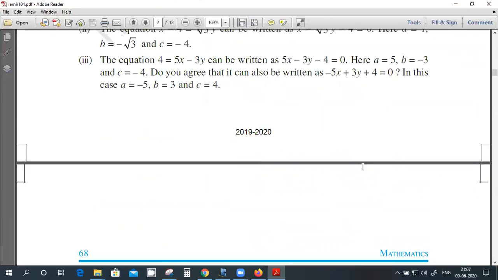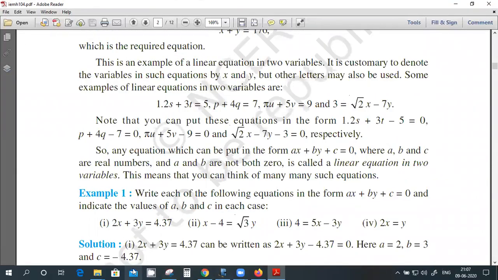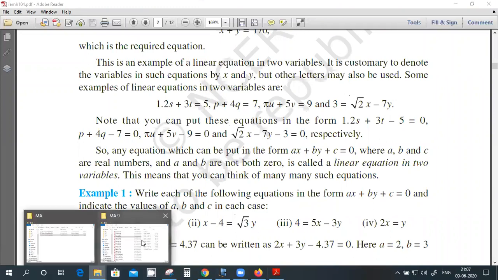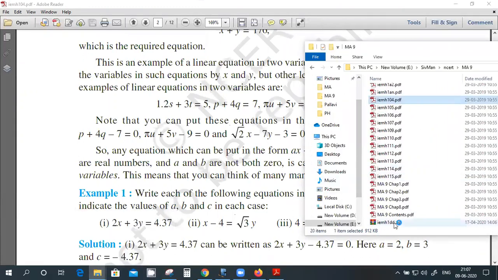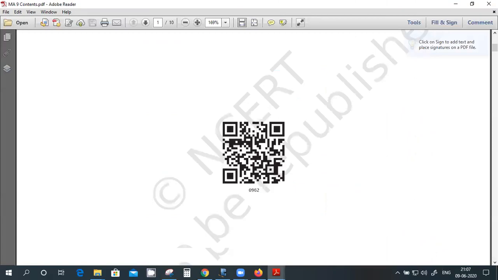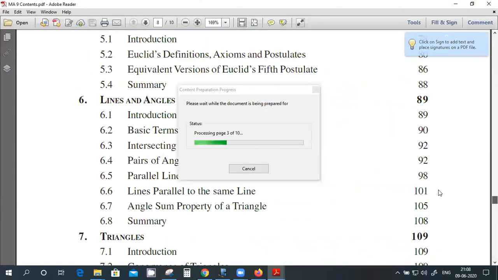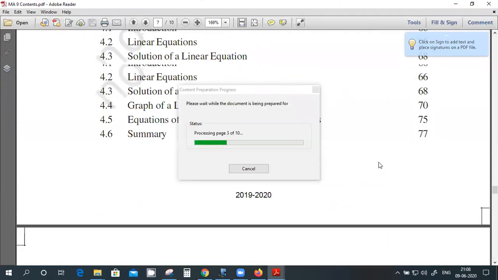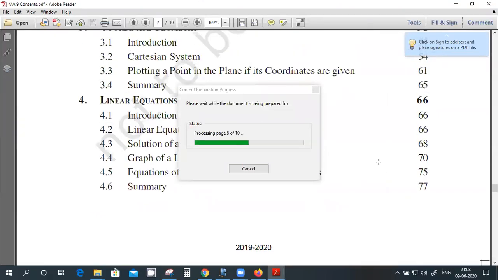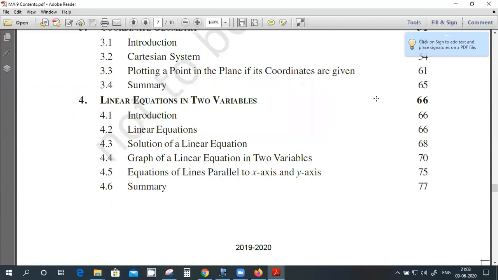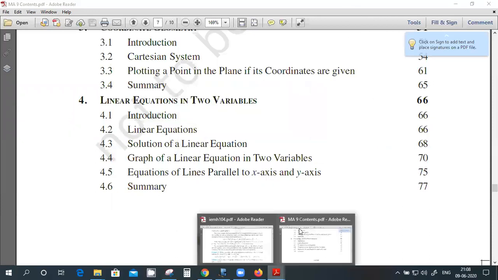We have done exercise 1 and 2. Yeah, the contents. Wait, I'll see in my book and come. Okay, it's there. Almost till 4.4, I guess. 4.3 is done, 4.4 we have started. Okay, what's a linear equation?